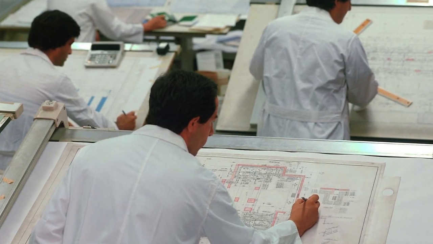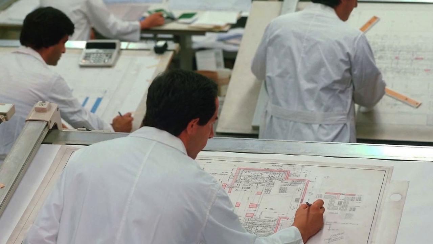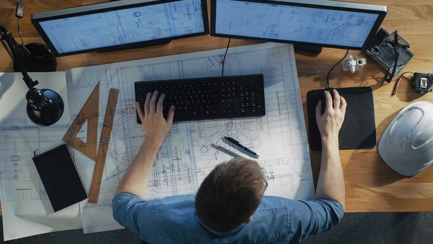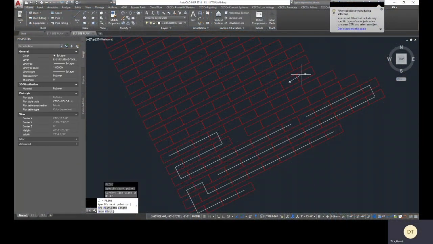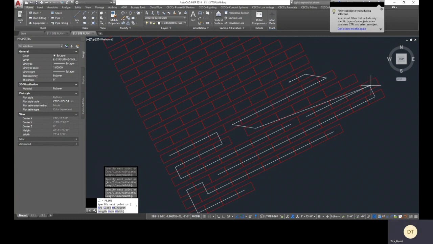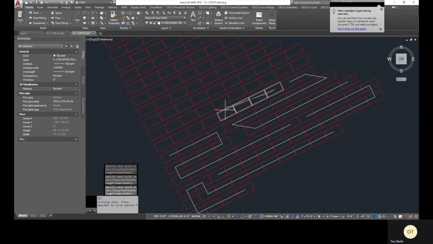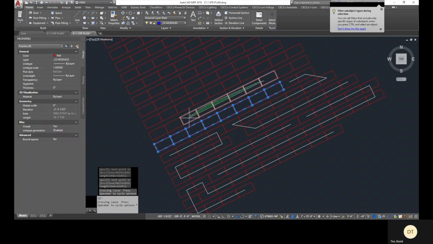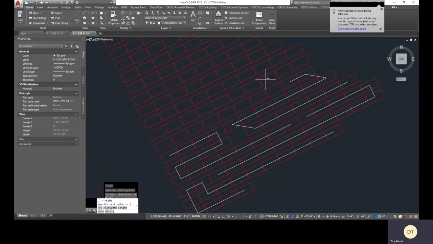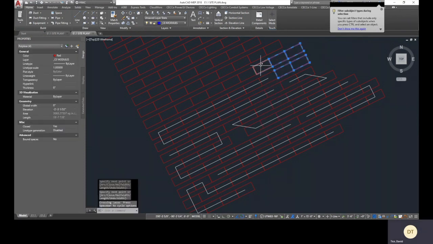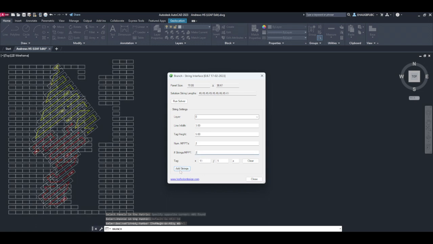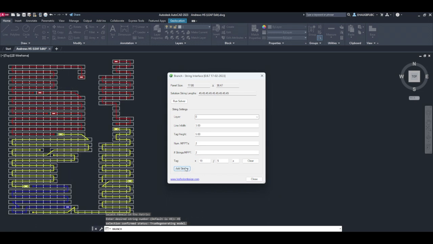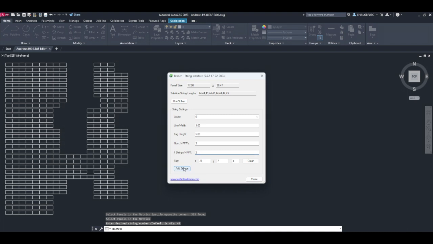Over the last several decades, engineering has shifted away from pencil and paper drafting, replacing it with computer-aided drafting software like AutoCAD. But digitizing the drafting process didn't eliminate all the work being done by hand. It just modernized it. The next revolution to the engineering industry is automating the tedious mouse and keyboard clicks still required to engineer with CAD. Branch, our AutoCAD plugin for automated stringing design, is our vision to bring solar engineering into alignment with this automation